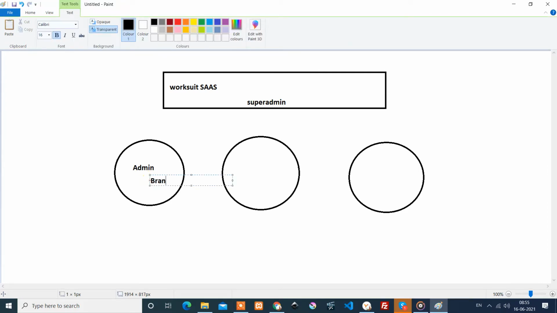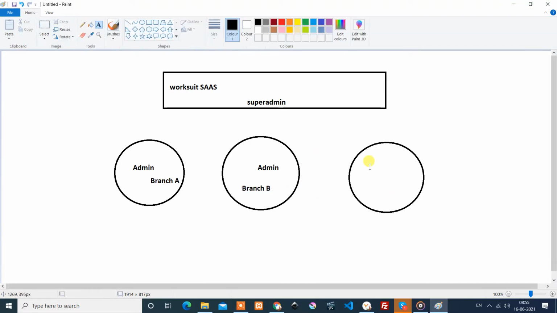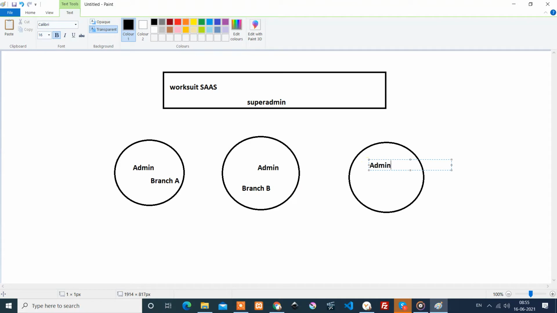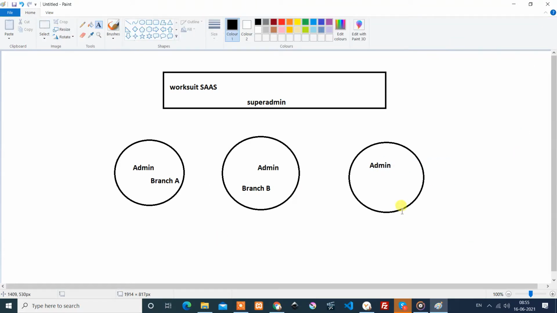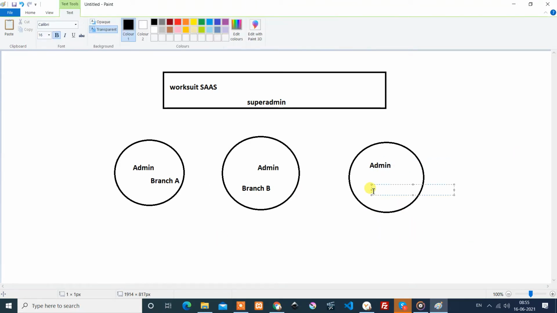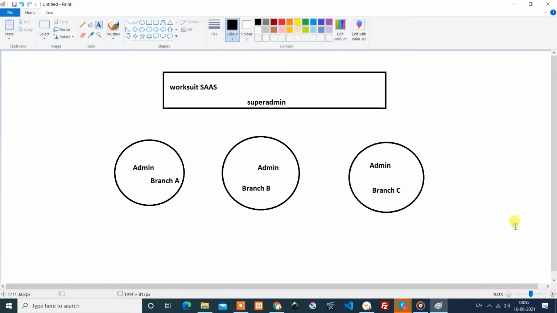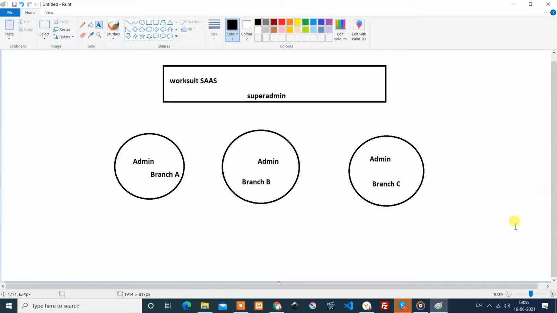Say branch or company A, this is admin, and for branch B, we can say, and so on. Whatever may be the structure, branch or plant, it can be used.